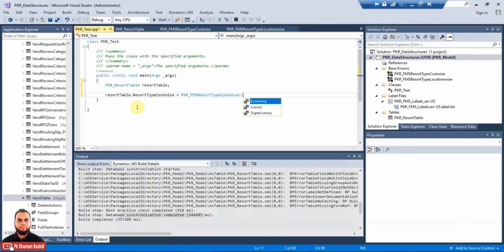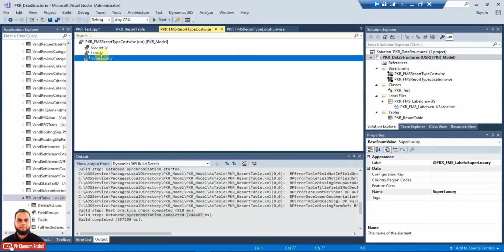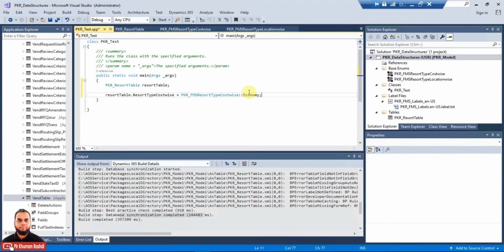Here, once we put economy, and I will show you economy is here the first element, second is luxury, and then super luxury. So I have put economy here. Because now I have assigned a value to the resort table field, I also need to call a method known as insert method.